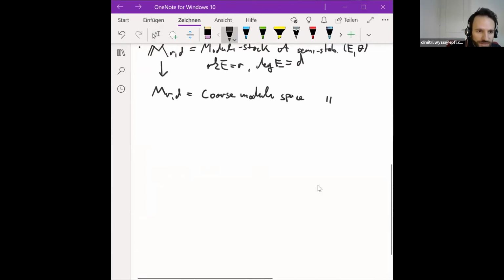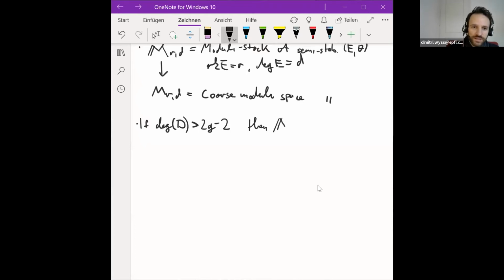So you have these two objects, and we record some facts about their geometry. Well, I don't know if simple, but let's record some facts about their geometry. So first, there is a role that this degree plays of the line bundle we twist with. So we will consider basically two cases. So either the degree is strictly bigger than 2g minus 2, the degree of the canonical bundle of the curve. And in this case, this stack